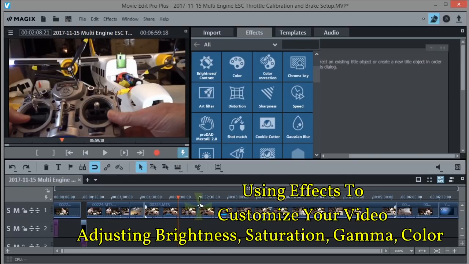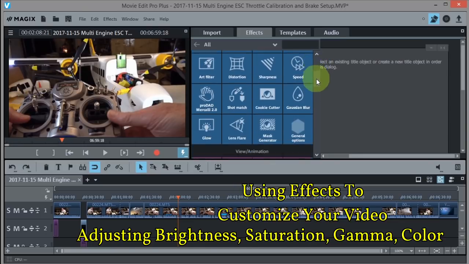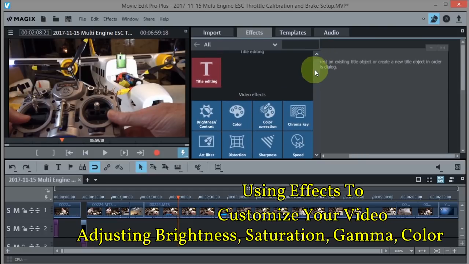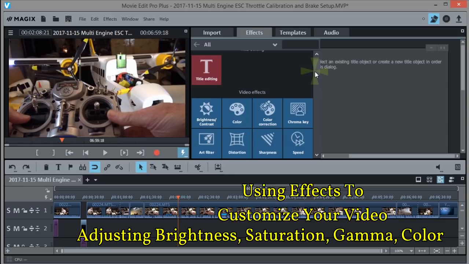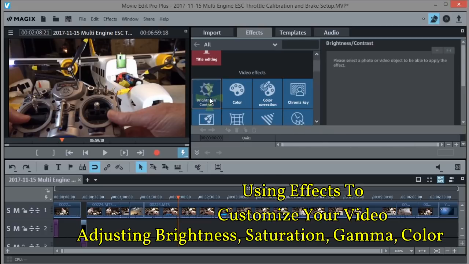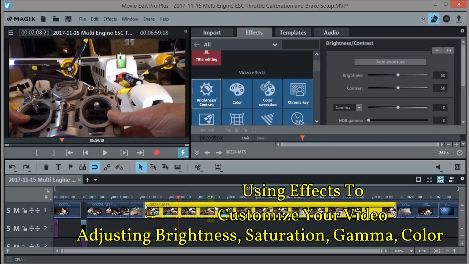Another thing you can do is under Effects right here. I like the new tiles that 2018 has. The other versions didn't have these tiles that gave you a little picture, which I really like, these pictures to tell you what the function does. So this is under Video Effects, under the Effects tab. So if it looks a little dark, you can always go to like Brightness Contrast right here, highlight the object that you want to affect. You can hit Auto Exposure. If I do that,